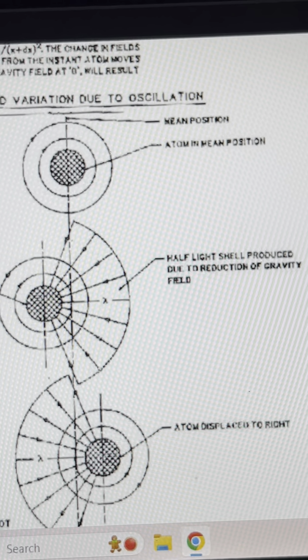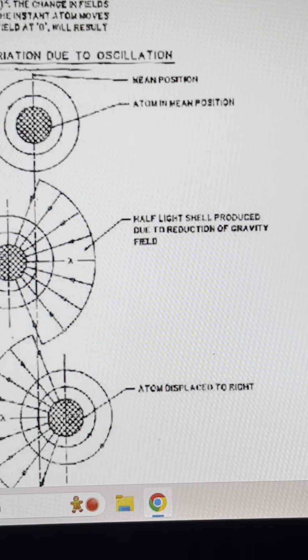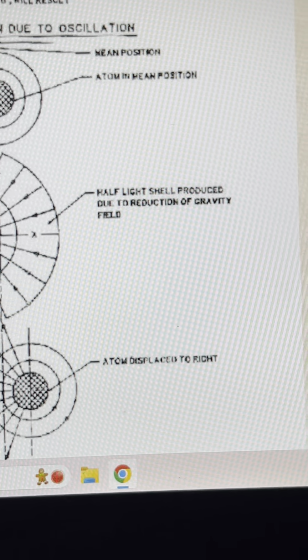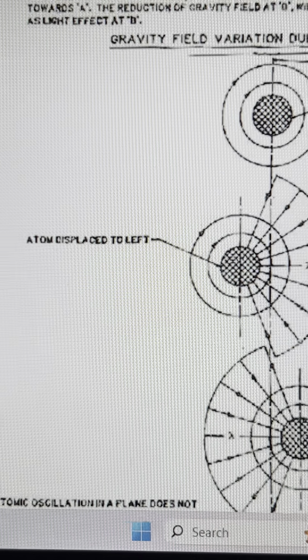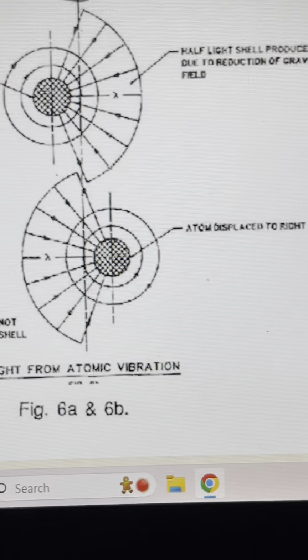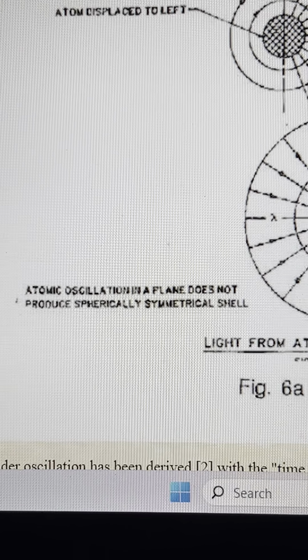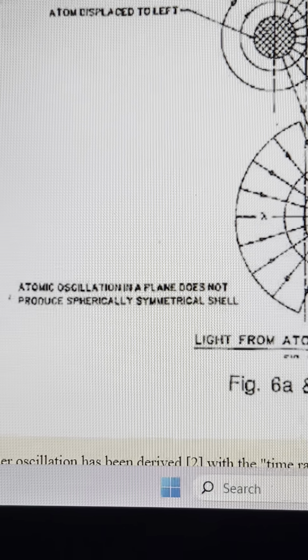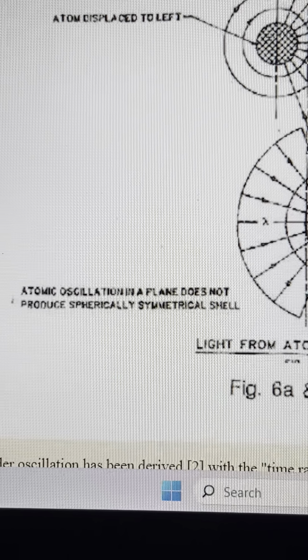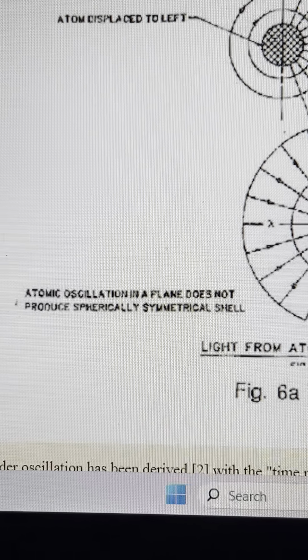Mean position, atom in mean position. Half light shell produced due to reduction in gravity field, atom displaced to left, atom displaced to right, atomic oscillation in a plane does not produce spherically symmetrical shell. Light from atomic vibration. When they talk about light, I think of the UFOs that fly around that we see,